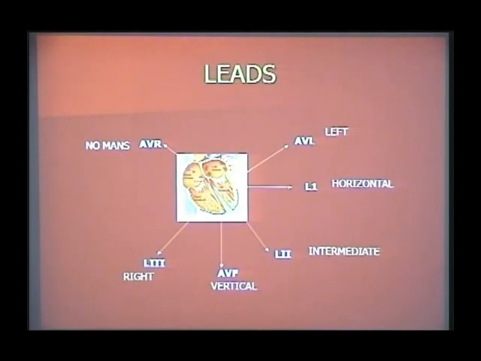Now what I am going to say, this is what is happening. Sometimes the impulse will come like this and turn like this and go towards the AVR. Because it is going away from all of our 5 leads, all of these 5 leads will not show either a positive or negative QRS complex. All these 5 leads will show equal positive and negative QRS complex, which is known as equiphasic complexes. In all the 5 leads, if AVR is positive, then it is indeterminate axis. Right? Is that clear?